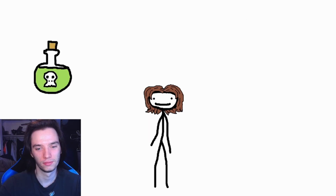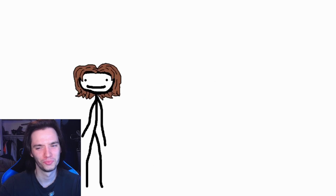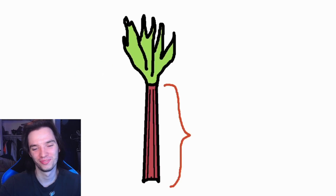Hey kids, it's Food Friday. So today, I'm going to cover some of the deadly toxins found in your local produce section. Our first item is rhubarb. Now, the part of the rhubarb that I'm